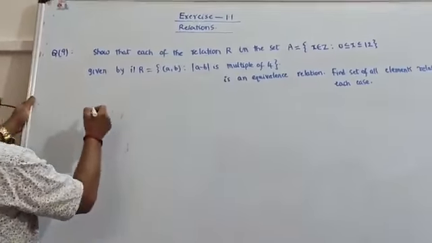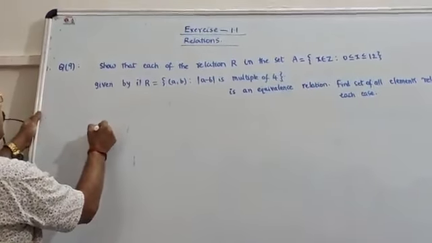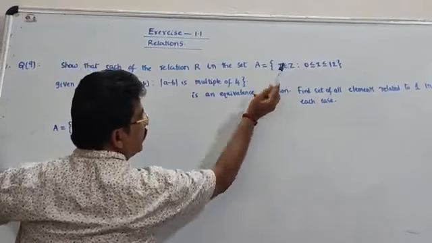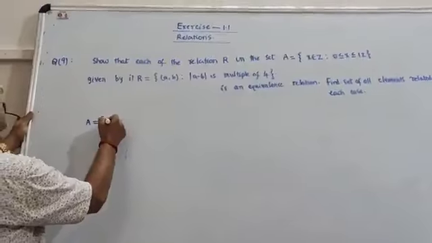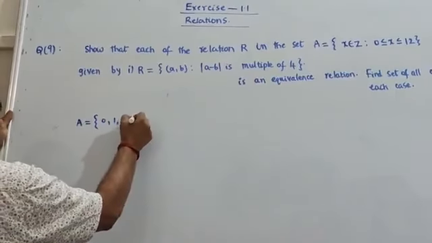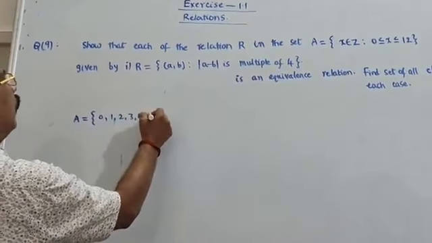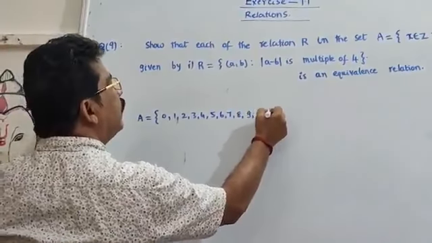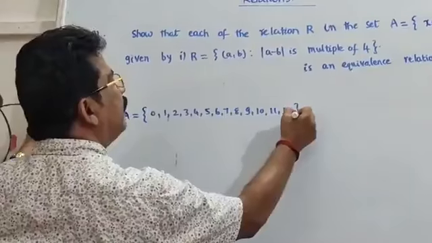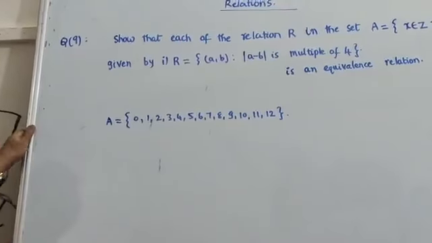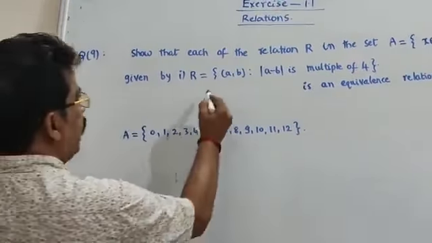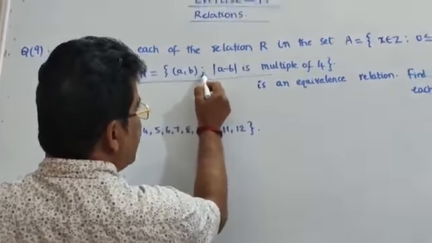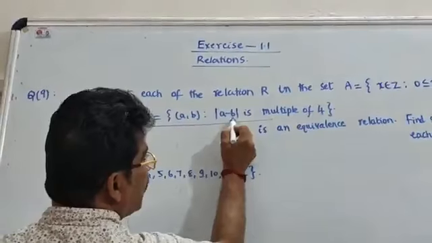Capital A. Next question. Capital A is equal to the set of x belongs to Z, integers. So 0, 1, 2, 3, 4, 5, 6, 7, 8, 9, 10, 11, 12. A contains a total of 13 elements. Next, capital R is equal to the ordered pairs (a, b) such that modulus of a minus b is